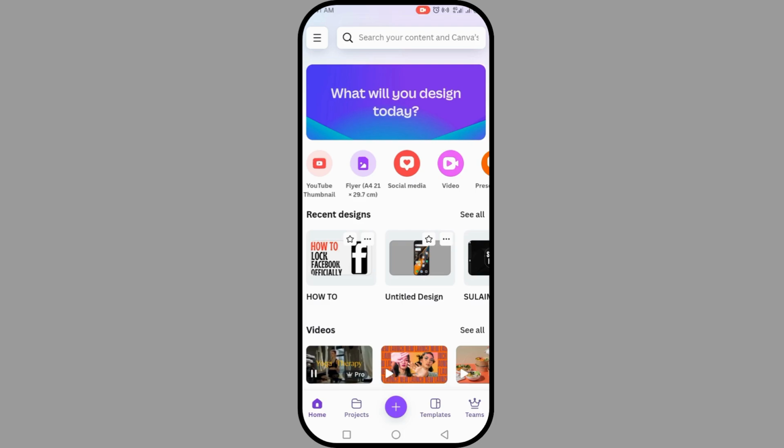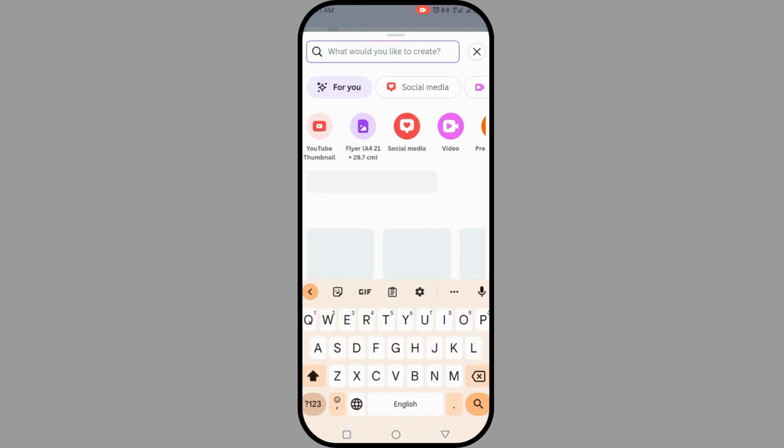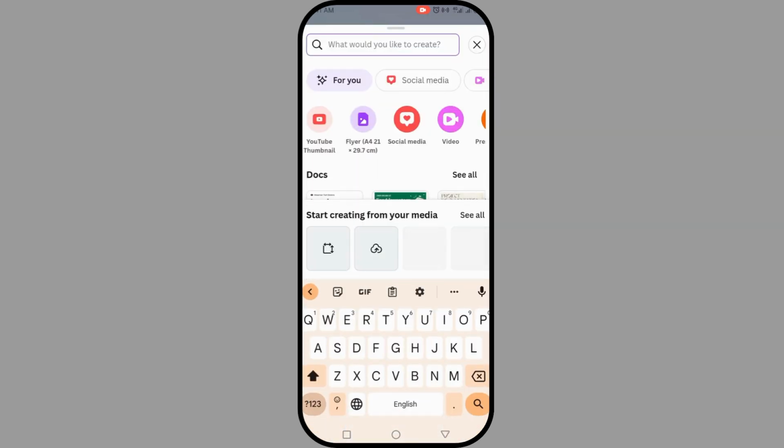In today's tutorial I'm going to show you how to create a PowerPoint presentation on Canva. So let's dive in. So this is our Canva. Now you're going to search what you want to create. So click on this plus menu button and go and search for what you want to create. So you're going to write PowerPoint presentation,